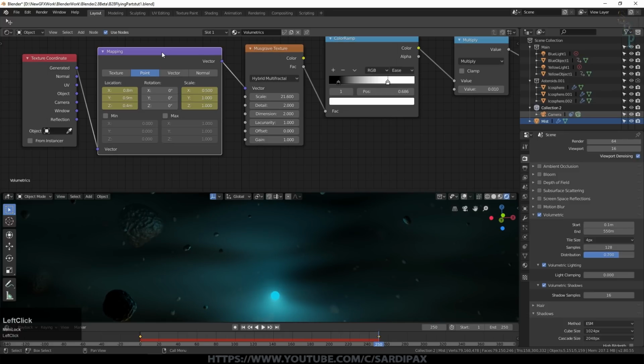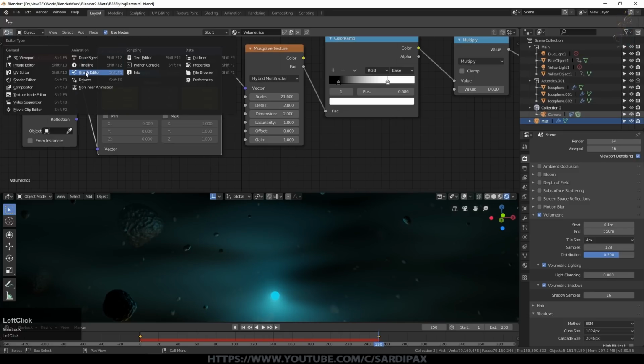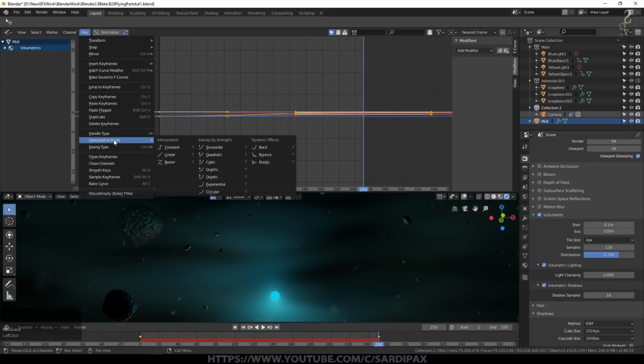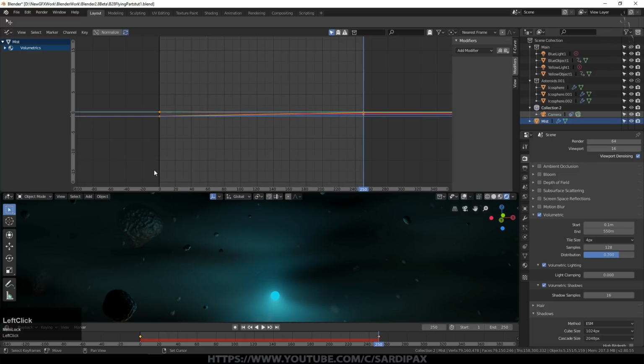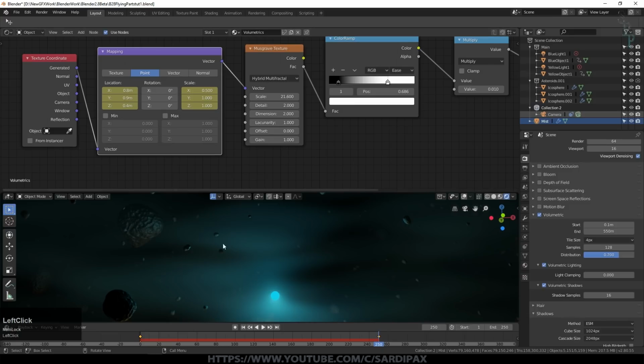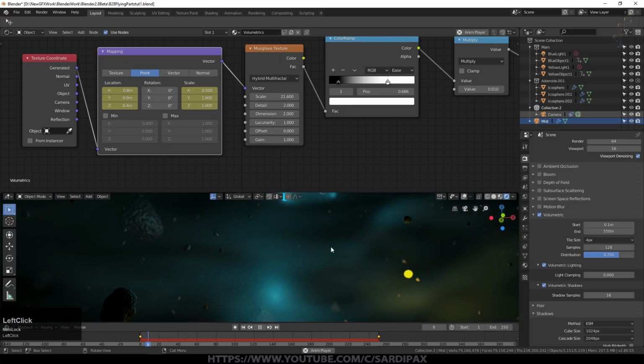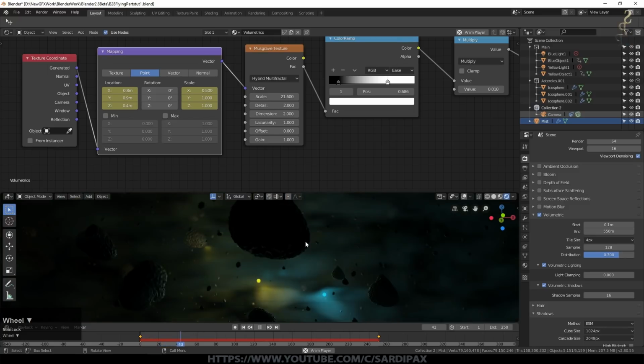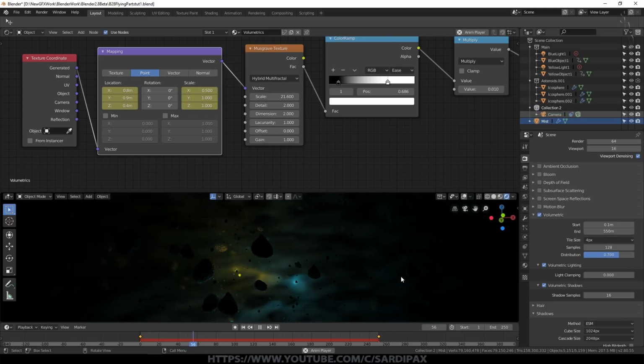Making sure my mapping node is selected, I'm now going to go to the graph editor and I'm going to go to key, interpolation mode, linear. If I don't do that, it will be a very slow change at the beginning, it will be at its fastest during the middle, and it will slow down again as it reaches the end. For this particular type of thing, I would want it to be changing at the same rate regardless. So back to my shader there. If I now press play, you should be able to see that there is a gradual drift in the noise in this volumetric material, but possibly not enough.